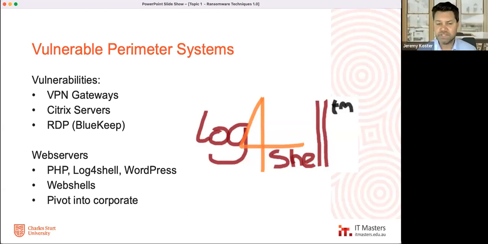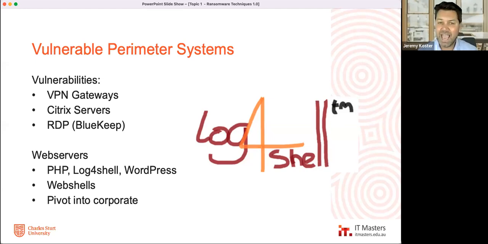We've seen Log4Shell go through this year, where we had to scramble to figure out where our environments were actually vulnerable to Log4Shell. We didn't see the full Armageddon we expected from that, but there is still a lot of Log4Shell out there within corporations that attackers can make use of once they get into the corporate environment. So we still have to continue to clean up and patch and remediate those systems.